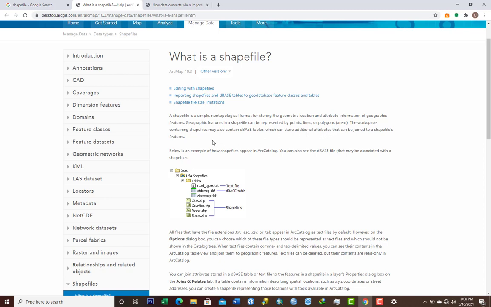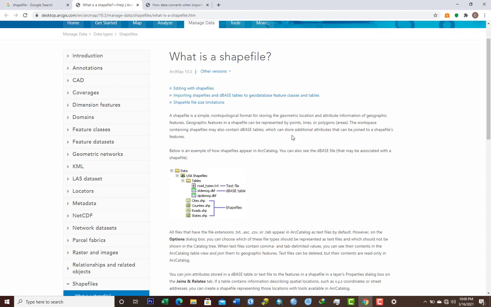When they say something is a shapefile, just know that it is like when you try to save something into a specific format that is related to geographical features. That's why it is written that it is a simple, non-topological format for storing the geometric location and attribute